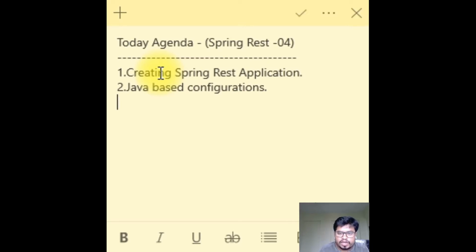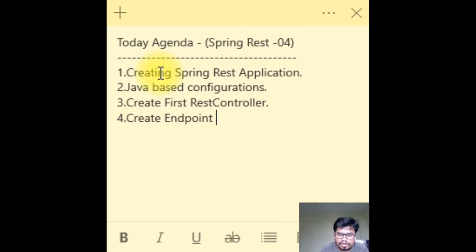Then we will create our first REST controller. Next we'll create an endpoint, which means we'll create a URI, and finally we'll test it using